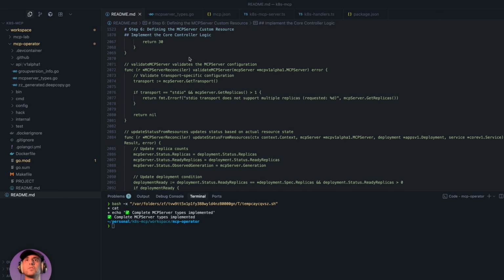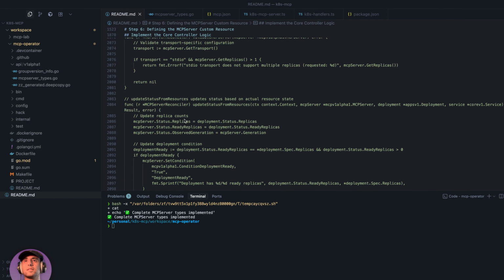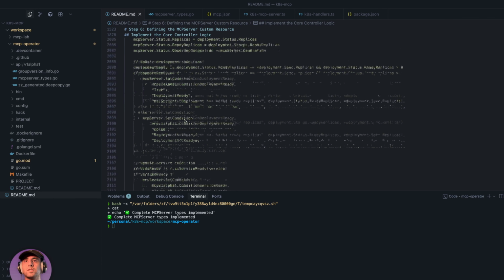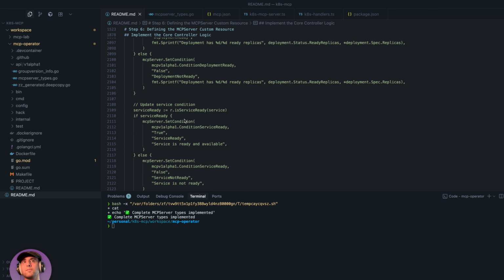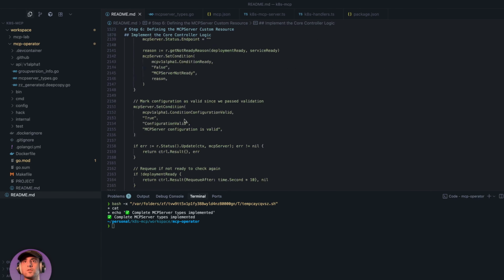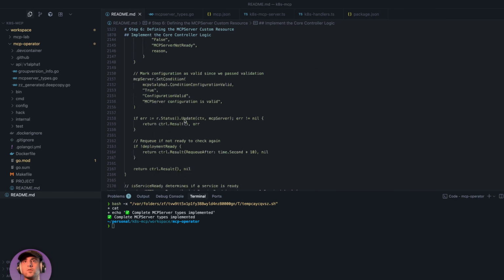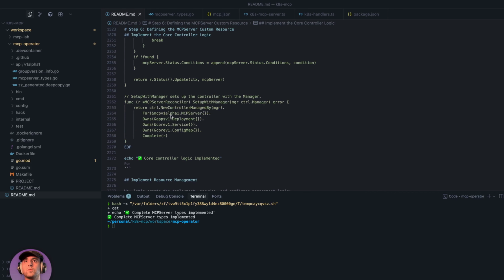And then we have a bunch of helper functions that are used by our controller either to detect some misconfiguration and return from the reconciliation loop with some error, or to update the status depending on how the reconciliation goes. It is pretty self-explanatory, so I'm not going to spend too much time on this. I'm going to scroll down to the most important function left in this code block,